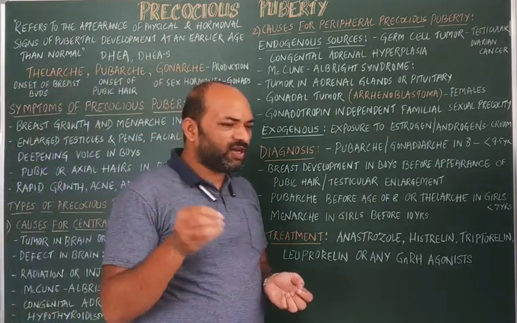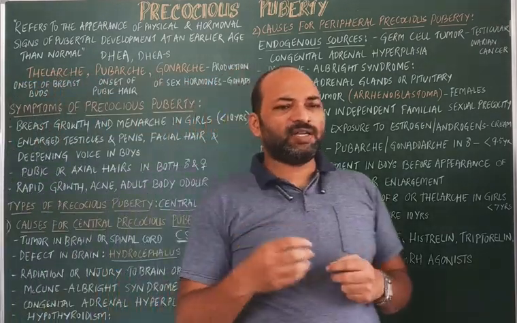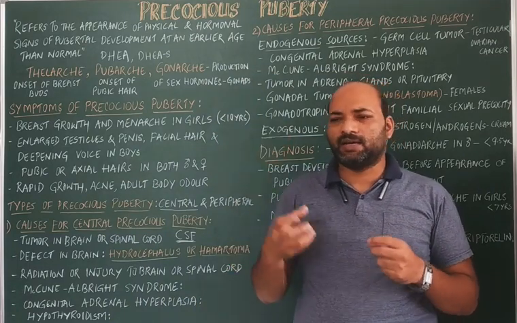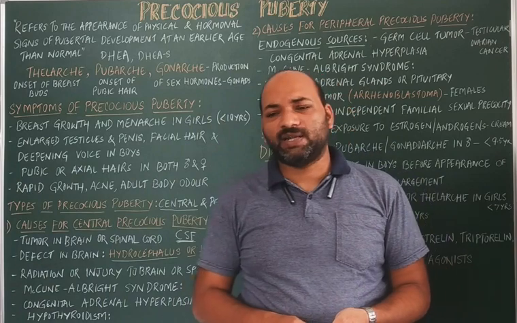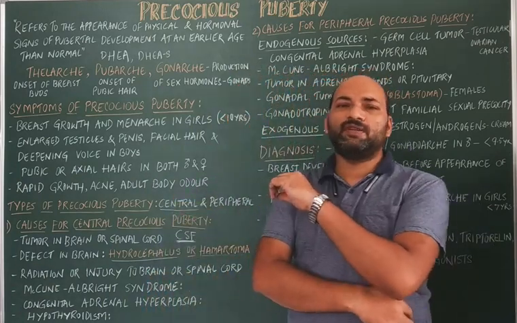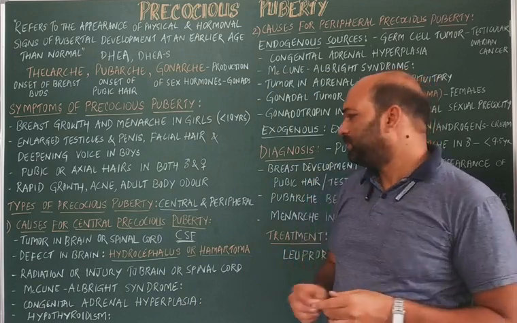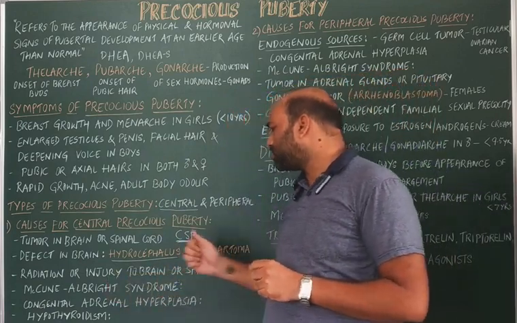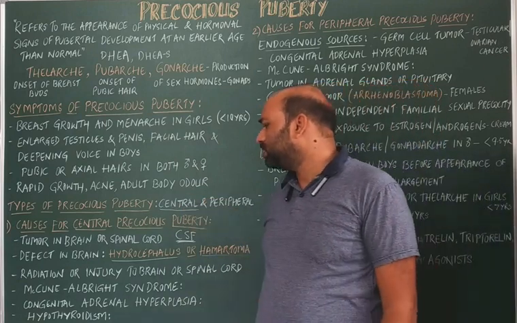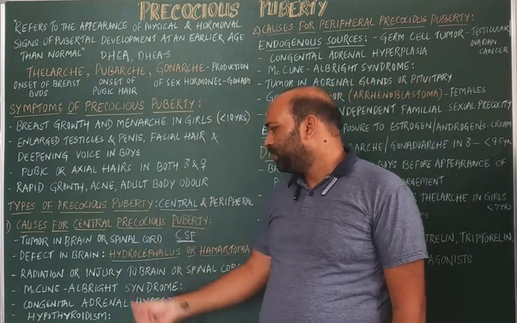By chance, if an individual at a young age is exposed to radiation, like when a child is suffering from leukemia, radiation is given to treat that cancer. Or if an injury occurs to the brain or the spinal cord, that may also result in precocious puberty. Next is